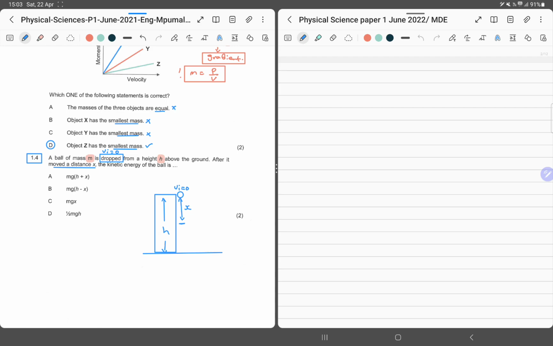And it's a vertical distance. Okay, so we want to know the velocity here, basically. Not this one, but we want to know the velocity there, because that velocity will help us to work out the kinetic energy, because we know what kinetic energy is. But if we think about it, there are two scenarios that can fit this